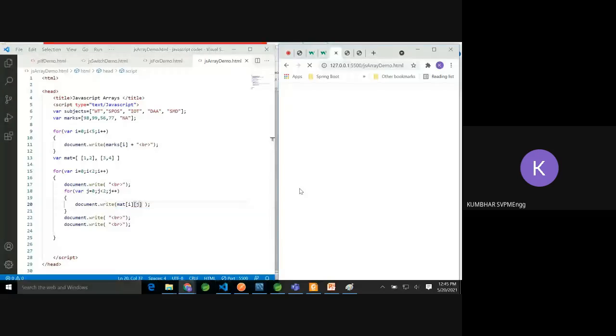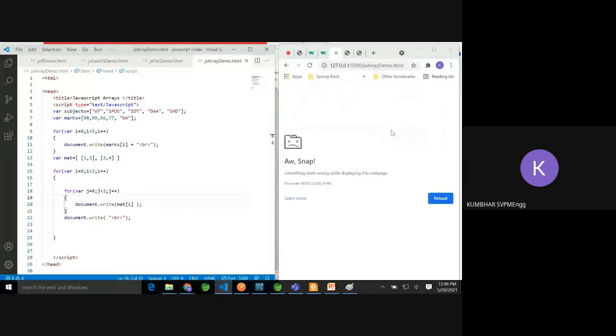Actually, I want to display it like this. Sorry, I have just changed the i to j in the declaration, and in printing I made a very big mistake. Printing should be mat of i and j. Is it correct now?